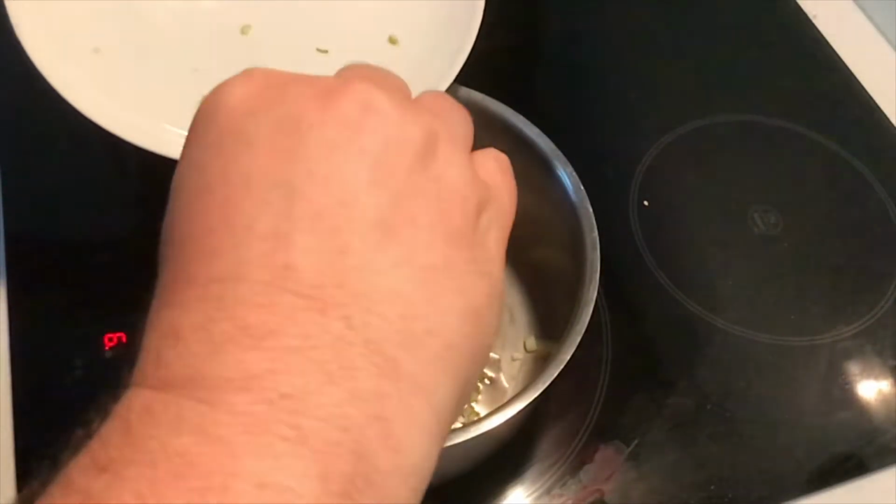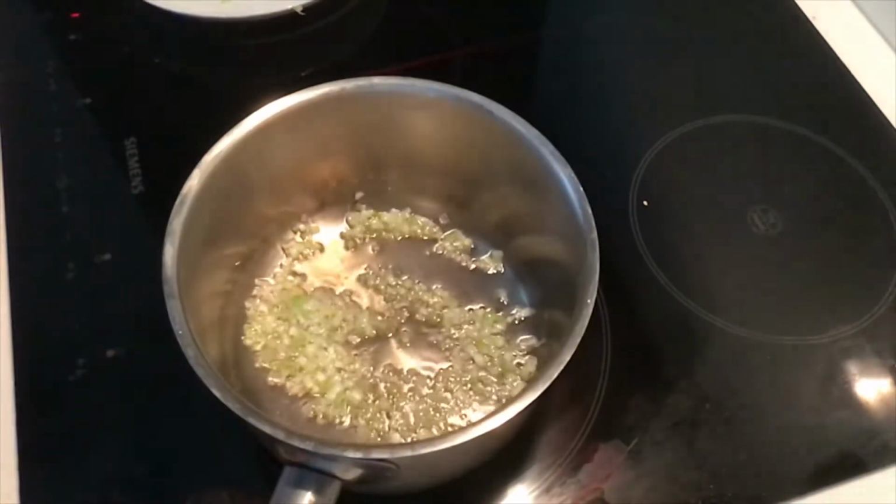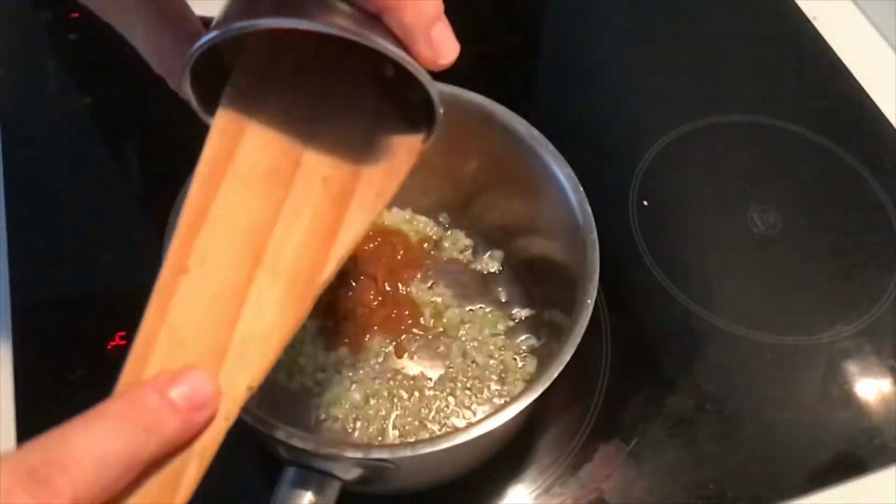Pureeing half the toasted peanuts and sesame seeds thickens the sauce and adds body. The rest are finely chopped and added to the sauce at the end. Heat the oil in a small saucepan over medium heat. Add some finely chopped scallion and cook until softened, about a minute. Add the fermented soybean paste,